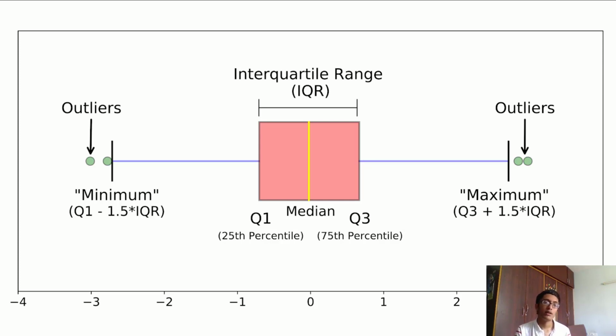The values which lie to the left and right of these whiskers, so these values over here, are known as outliers. Here they are represented by green circles, and we can also change this to something like diamonds, or even change the color of these outlier points. We will be learning how to do this in the coding part. So without any further ado, let's code very interesting and visually attractive box plots in Seaborn.